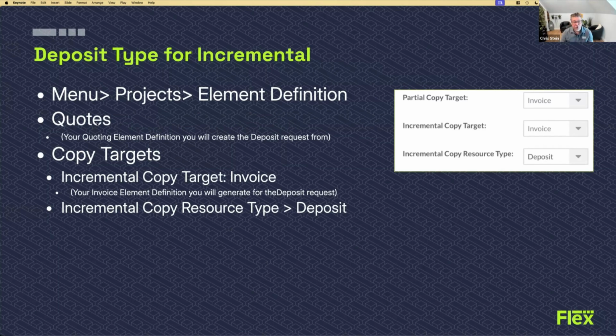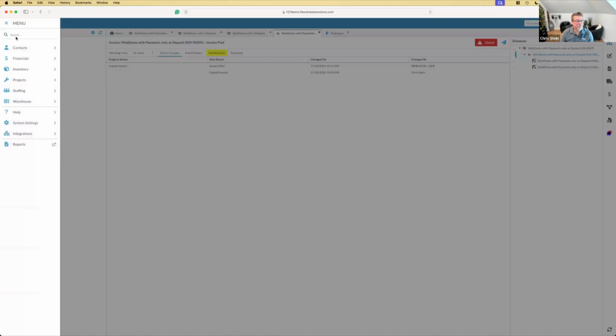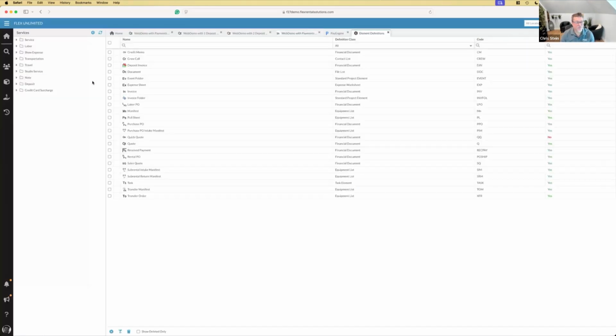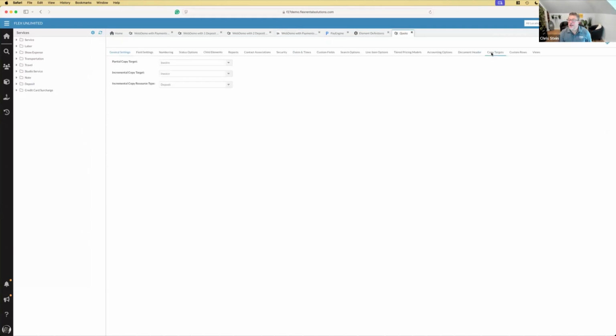whatever you're using for your quotes, for your quoting element, that's where we'll find the setting. And we'll go over these settings really quick. So Menu, Projects, Element Definitions. If I'm using our quote element, there is a header here called Copy Targets. We've been able for a long time to create partial invoices or incremental invoices. So this is